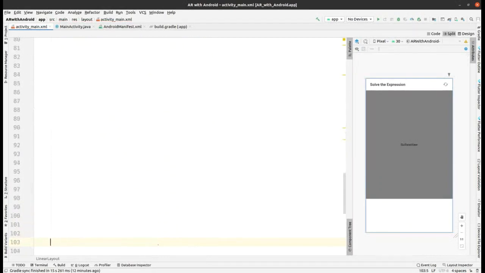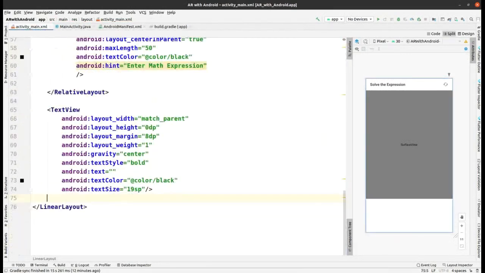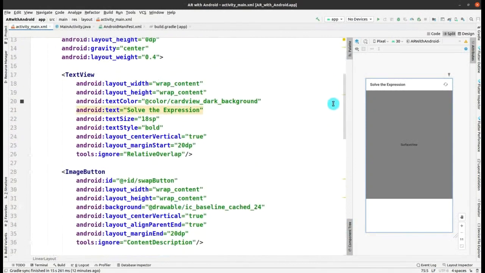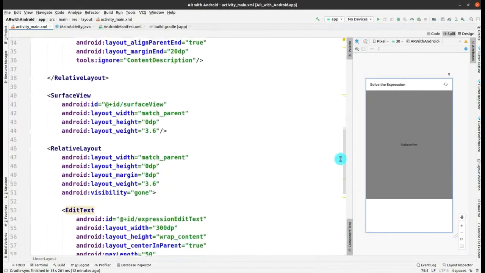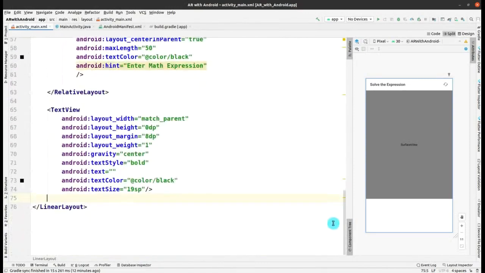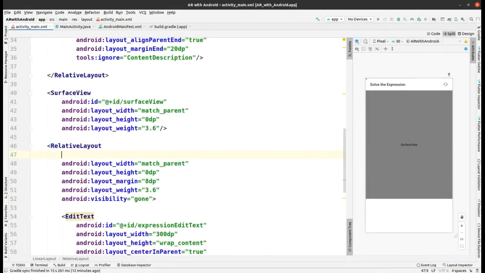So this text view is also completed, and let me remove this extra space. You can see that this much extra space is there, so remove it. Okay, so now I'm just scrolling it from up to down. If you are confused anywhere or make a mistake anywhere, pause the video and correct your code. Okay, as you can see there is no error. So let me give the id for this particular relative layout also. First of all make this